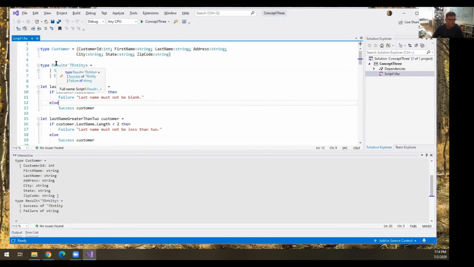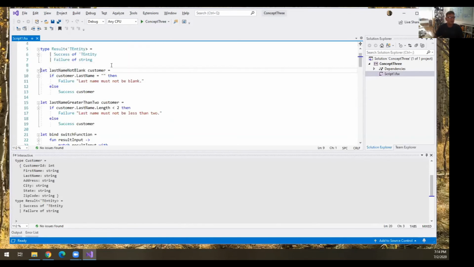So result takes in a customer, a car, a float, whatever, and then it returns either I was successful with this car, this customer, or I was a failure with a type string, and I'll tell you why you failed. So these are the two rails on my railroad track, on this type. This is our discriminated union.